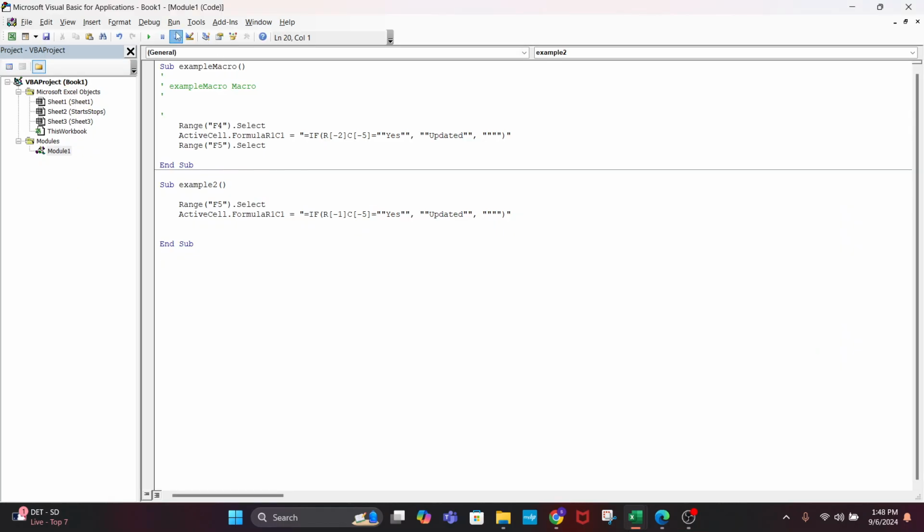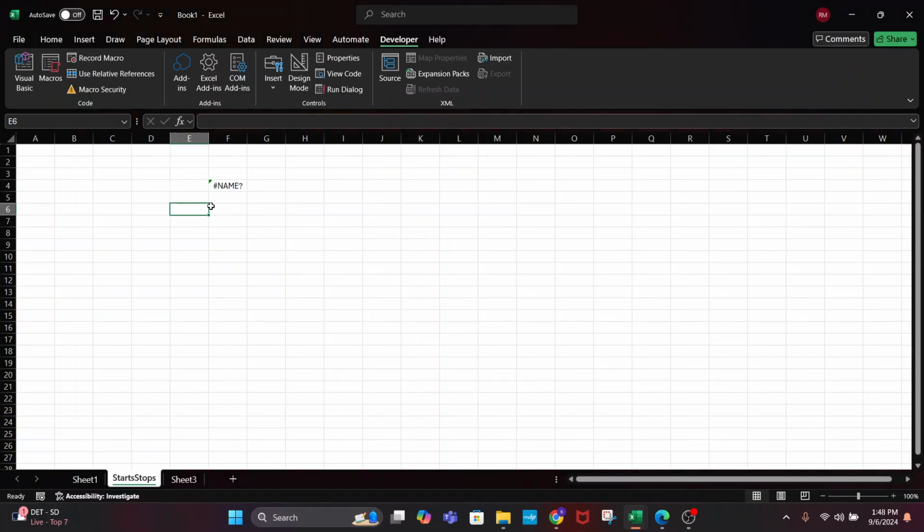I don't want to save it. I just hit stop. You don't have to save this. Once you hit stop, it'll allow you to go run it. So now that that's the case, I'm going to come back up here and I'm going to type yes here, and then I'm going to run that macro,